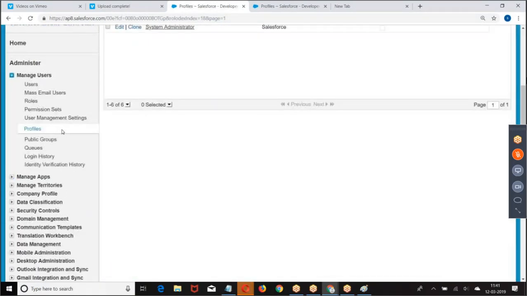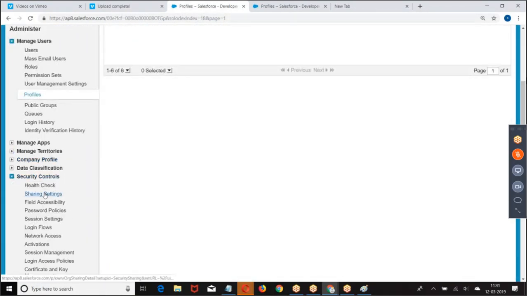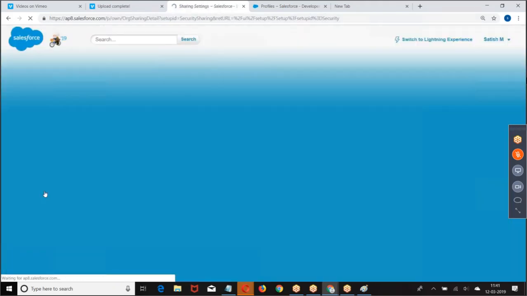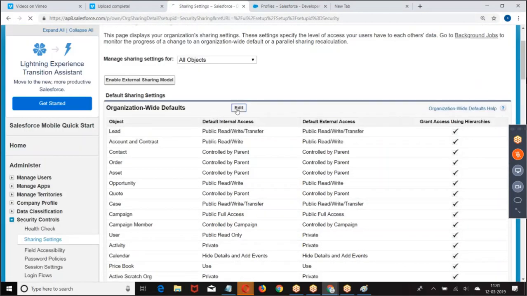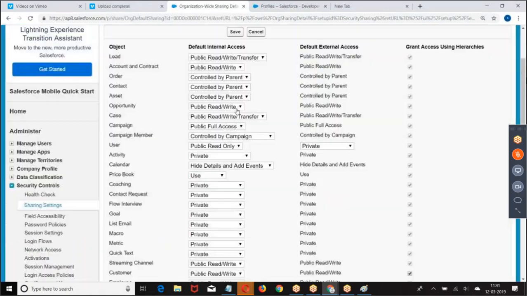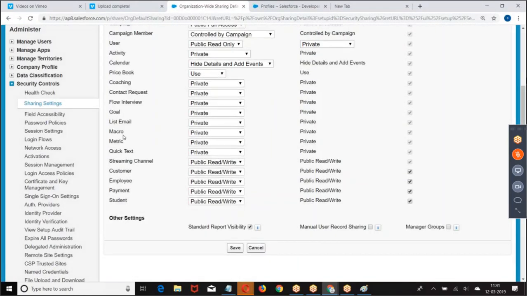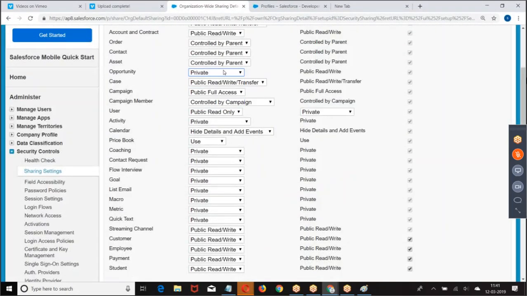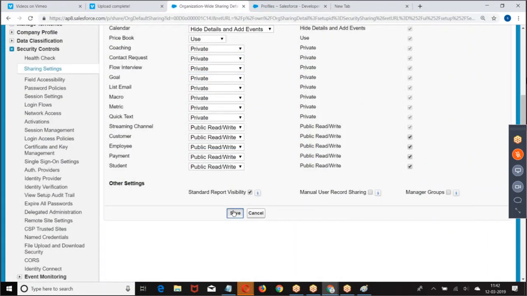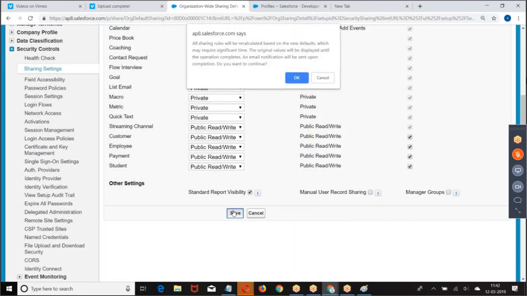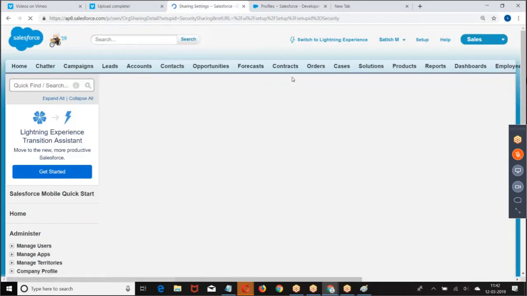Then go to the sharing rules. I told you already, unless it is private or public read, I cannot share it. I made it private. Now it takes some time to modify it.